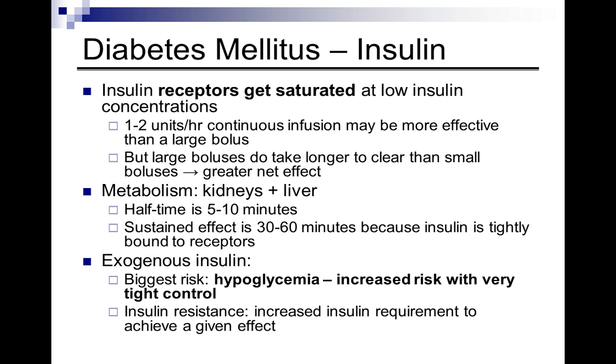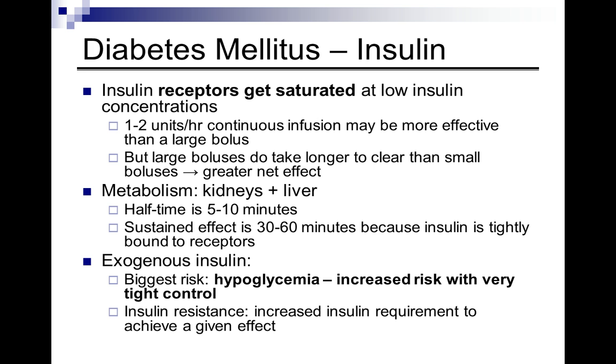Now, one thing a lot of people don't understand is the best way to administer exogenous insulin. The insulin receptor is really designed to work best at low insulin concentrations, and we see this often in the operating room or in the ICU when treating a patient with hyperglycemia with insulin boluses and infusion. We will find that running an infusion of just 1 to 2 units per hour continuously can be much more effective than giving multiple large boluses. Now, we do appreciate that large boluses do take longer to clear than small boluses, so there may be a greater net effect from a large bolus than a small bolus, but often a continuous infusion is the most physiologic